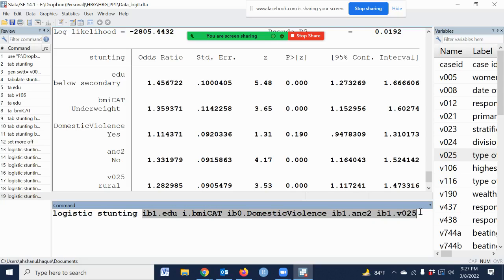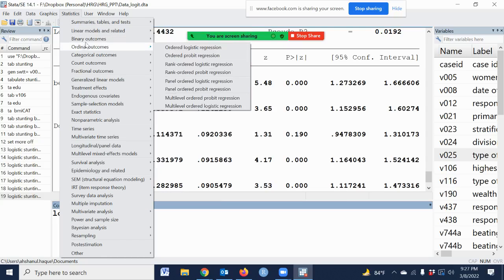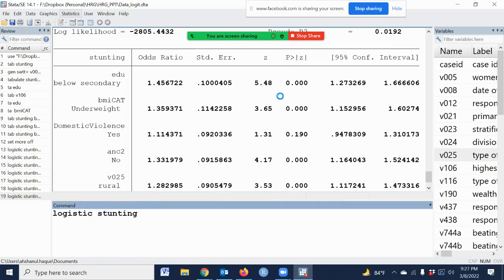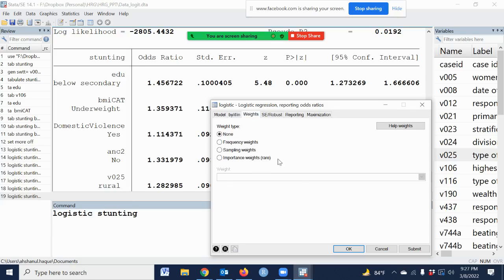But if we would like to adjust the sampling weight, then what is the syntax? So go to the main menu, binary outcome, logistic regression. The outcome variable is stunting. Then we have to adjust the weight, the sampling weight.